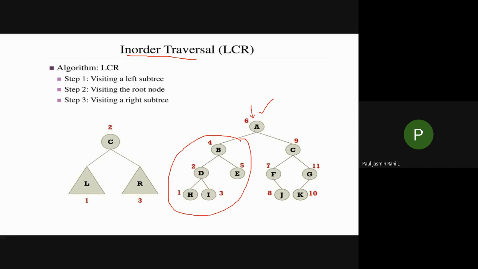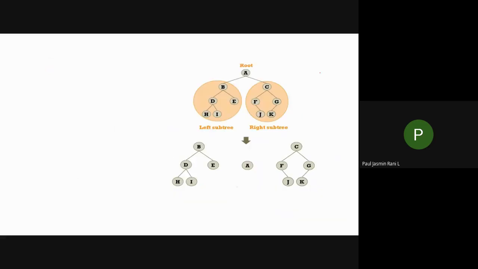So the first step is that I'm here, and I'm going to see who are the left subtree and who are the right subtree. Who are the left subtree of this A? The whole thing comes under the left subtree. The whole thing comes under the right subtree of your A, isn't it? So next, see this one. First I am categorizing like this: this whole thing comes under the left subtree of your A, and this whole thing comes under the right subtree of A.